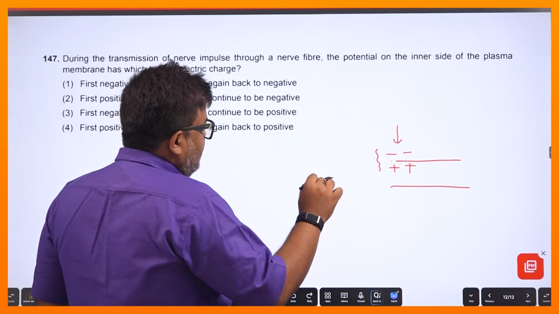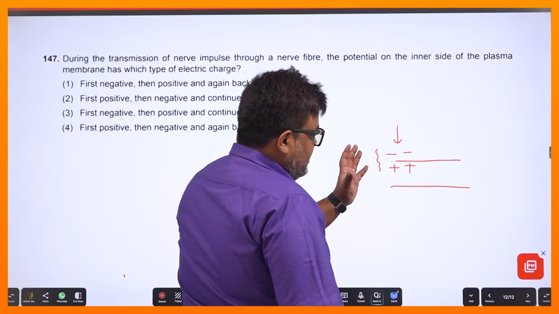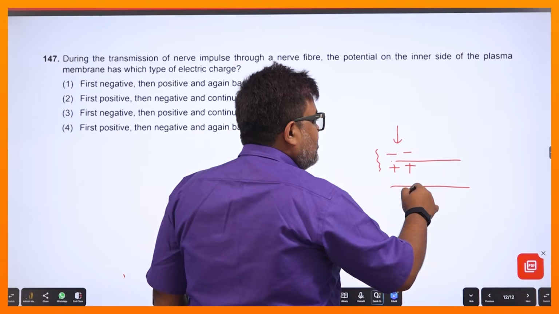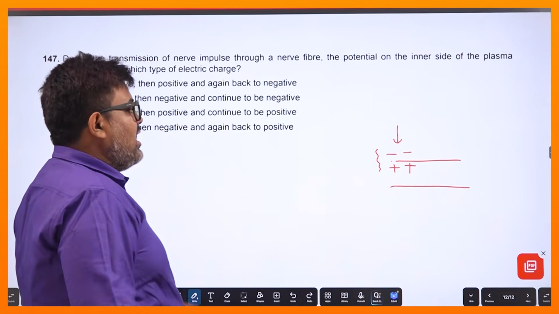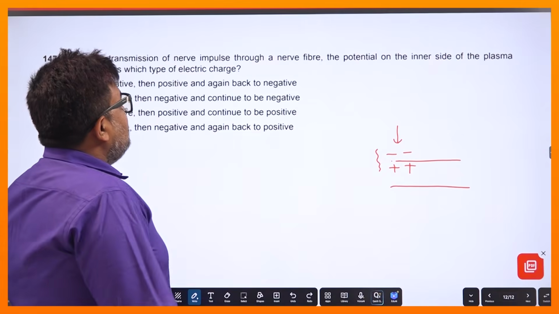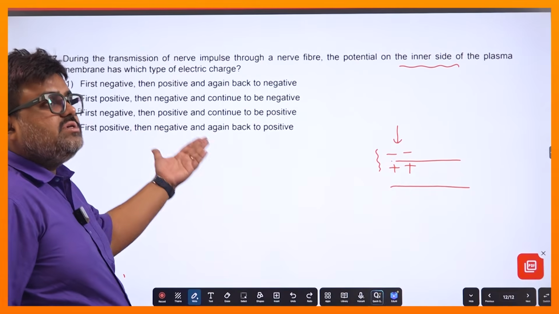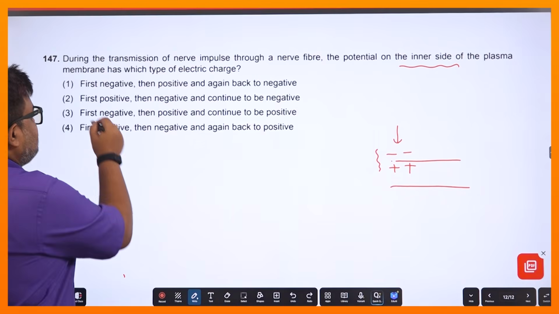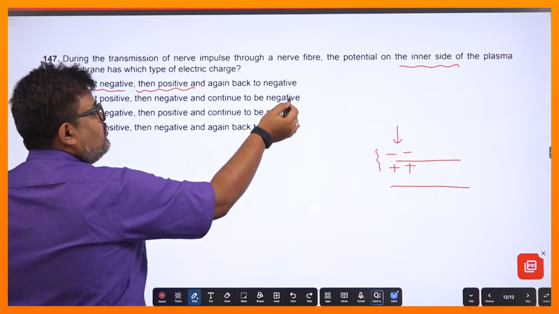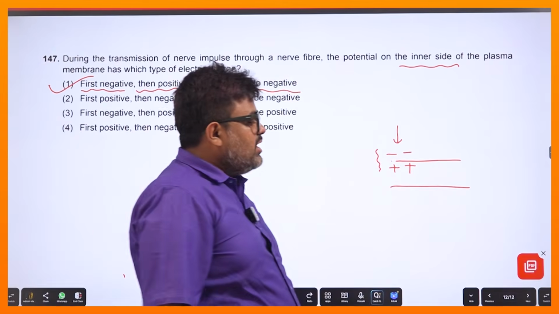এবার নেক্সট ও কি করবে, যেহেতু অ্যাকশন পোটেনশিয়ালটা এগোবে, আবার এই জায়গাটা রিপোলারাইজড হবে। আবার সেই ভেতরটা কি হয়ে যাবে, নেগেটিভ হয়ে যাবে, বাইরেটা পজিটিভ হয়ে যাবে। আমাকে বলেছে ইনার সাইডটা, তো আমি প্রথমে কি বললাম, বাইরে পজিটিভ থাকে ভেতরে নেগেটিভ থাকে, তাহলে ফার্স্ট নেগেটিভ, স্টিমুলাস যাচ্ছে দেন পজিটিভ, আবার যখন রিপোলারাইজড হচ্ছে ব্যাক টু নেগেটিভ হয়ে গেল। একদম এনসিইআরটিতে ছবি সহকারে বোঝানো আছে,